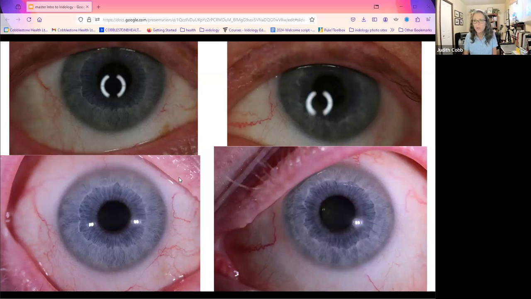I just wanted to show you when someone goes online and they show you an image like this, and then they show you one like this, and they say, oh, this person fasted and cleansed and took these supplements, and look at the change. Look at the tech. The light is definitely different. That means different camera, different lighting setup. Immediately invalidates the claim that the cleanse is what has changed the iris. Does that make sense? We need to be really careful with that, because a lot of people don't understand that. April says, yes, that makes sense.